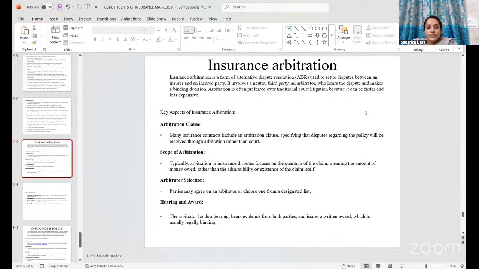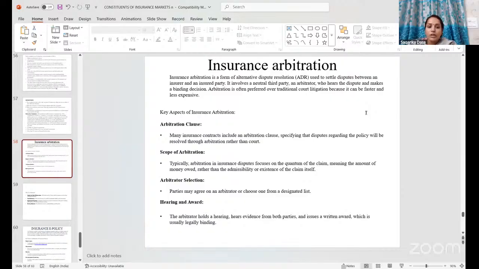Now, the scope of arbitration. Typically, arbitration in insurance disputes focuses on the quantum of the claim, meaning the amount of money owed, rather than the admissibility or existence of the claim itself. Its scope is fixed to any dispute related to the amount of money owed by the insurance company to the policy holder. It will not deal with the existence or admissibility of the claim, but it will deal with the quantum of the claim, that is, the amount of money owed by the insurance company to the policy